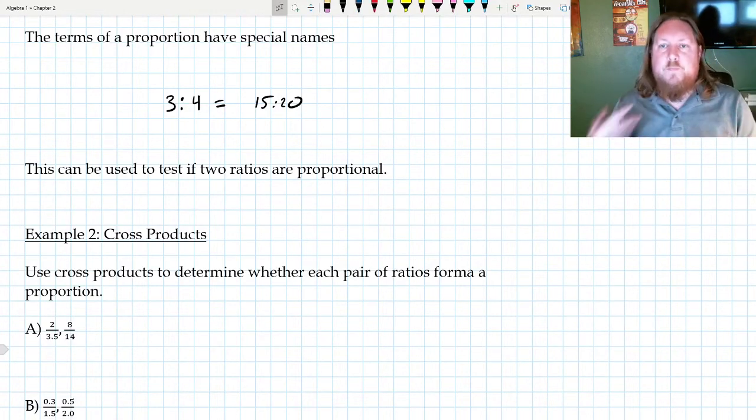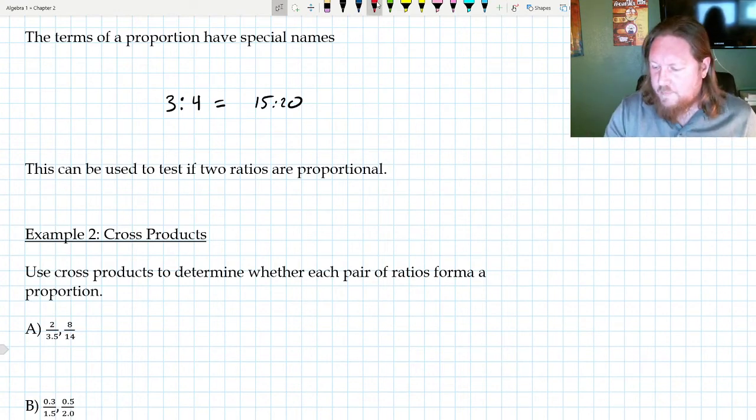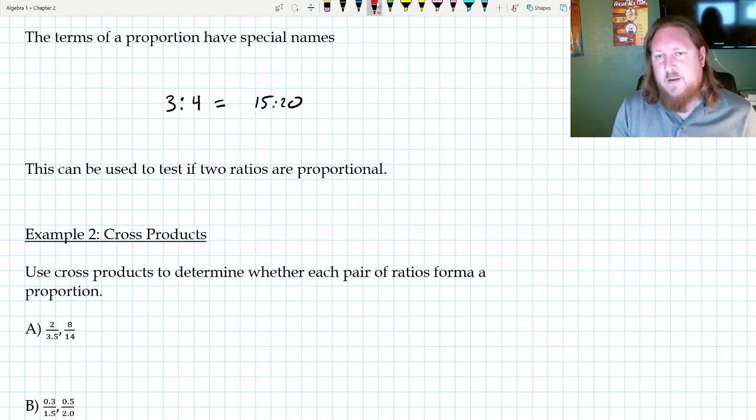Now, here I have written out two equivalent ratios, 3 to 4 and 15 to 20. You could reduce those fractions down, or put them in fraction form and reduce them down, to find out that they are equivalent ratios. But I have them written here for a very particular reason. When they're written out like this,